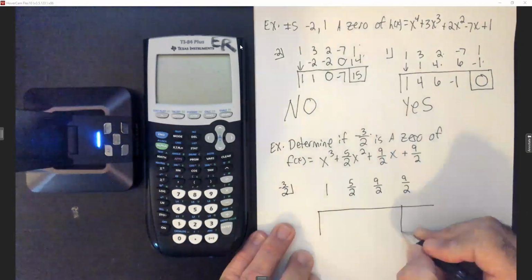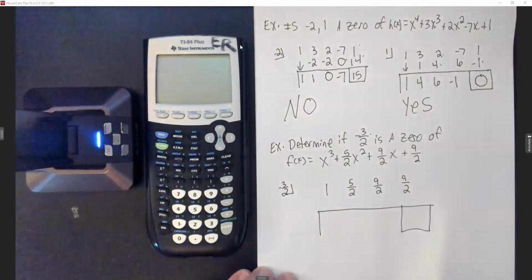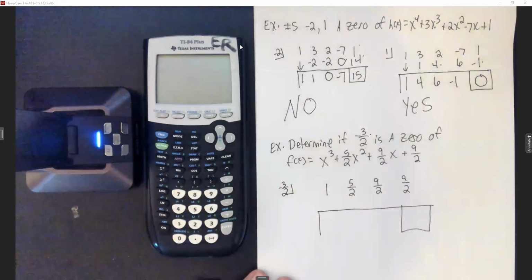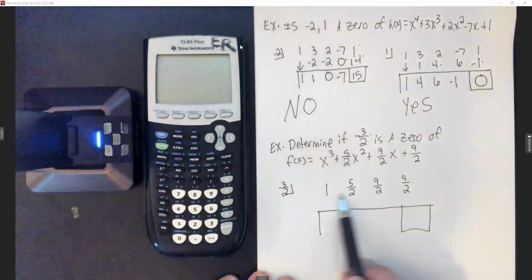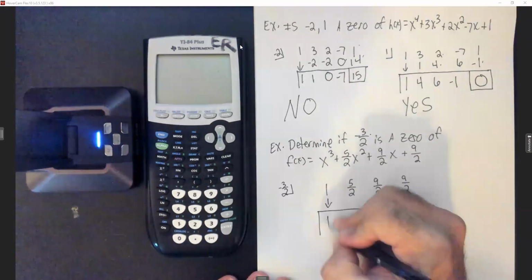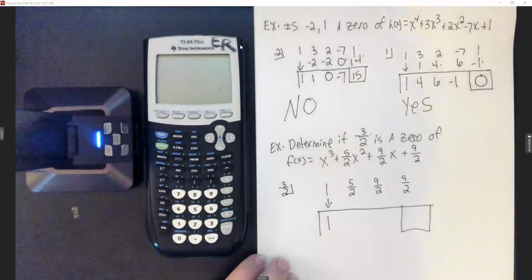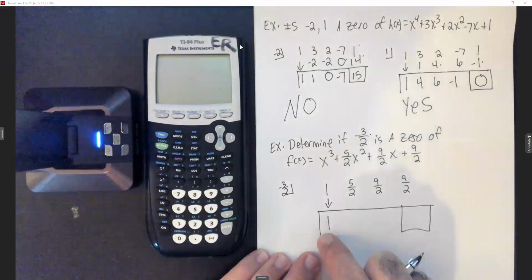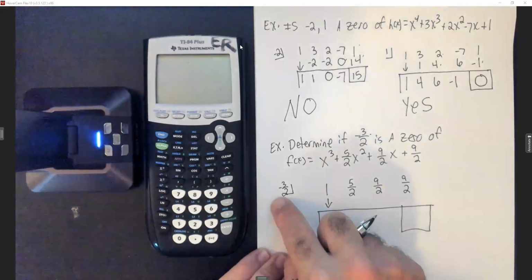So all I'm looking for is a 0 remainder to be yes. Anything else will be a no. So y'all, this looks pretty intimidating, but watch what happens. Bring that 1 straight down. And then multiply 1 times a negative 3/2 is going to be a negative